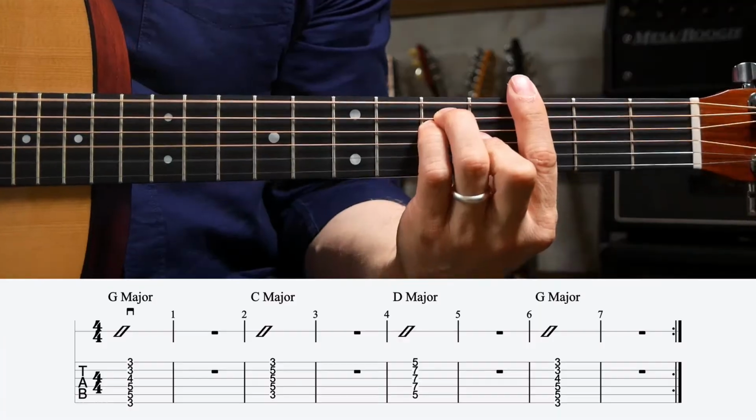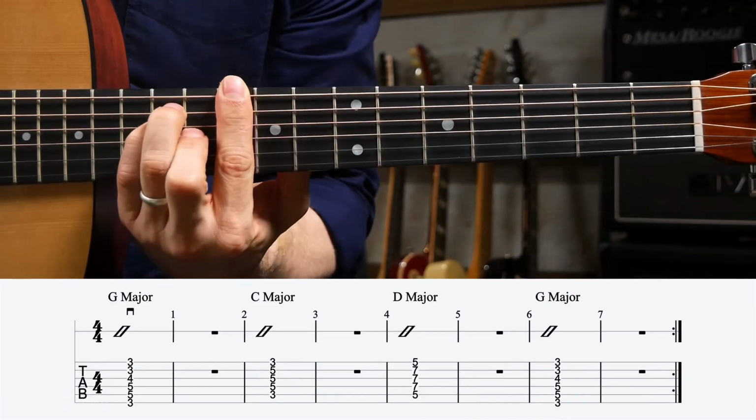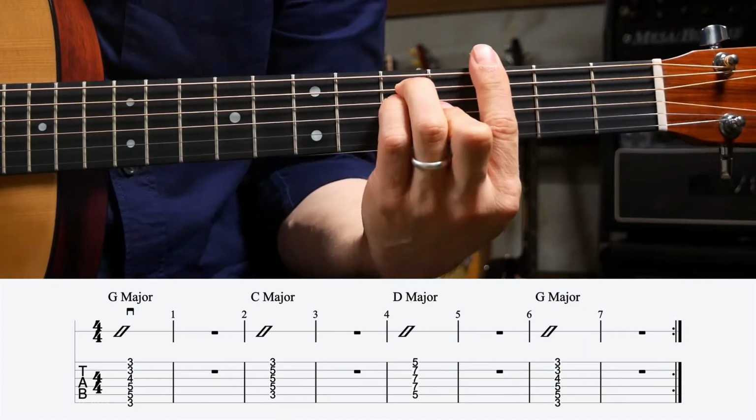So this is kind of the end of what would be level 2 for this video. If you need to stop the video and work on just moving this shape around, that is perfectly fine. Now we're going to move on to combining the E and A major chord shapes, so you don't have to jump all around the fretboard like we did in the last lesson. For example, if you wanted to play a G, C, D progression, you wouldn't have to jump all the way up here to the 10th fret with your E-shaped bar chord. What you could do is just start with your G chord here,